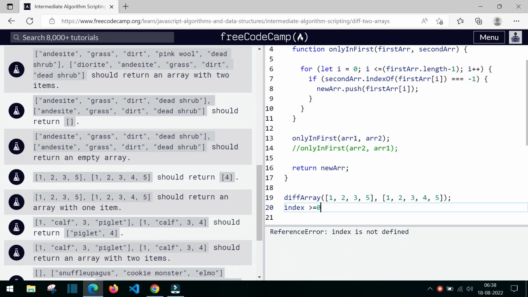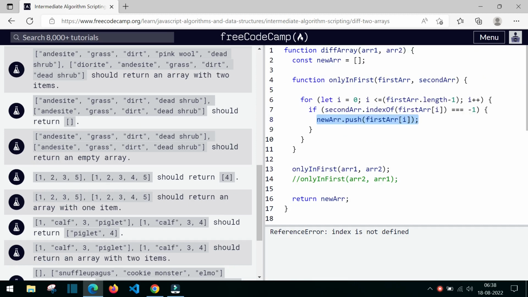And if the index is minus 1, it means that particular element is not present. For example, this first arr of index i is not present inside the second arr if the value becomes equal to minus 1. So if it is not present there, it is uncommon, okay. So we will be pushing that value to the new arr,